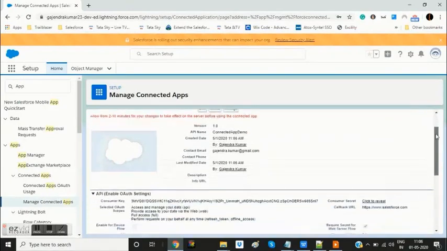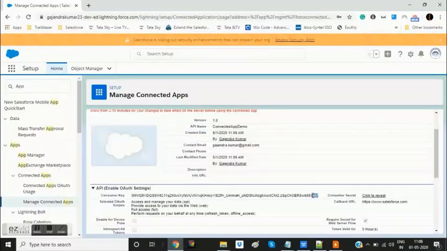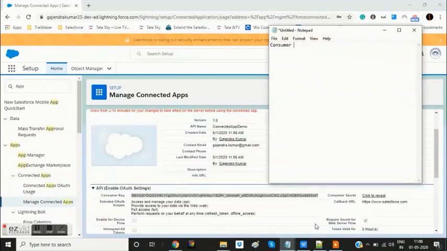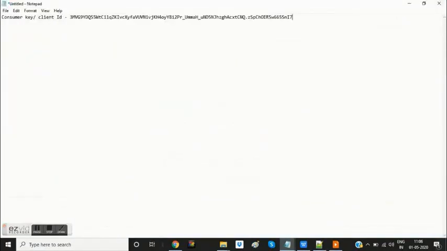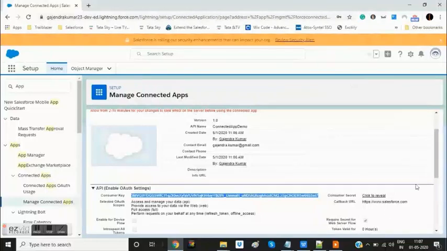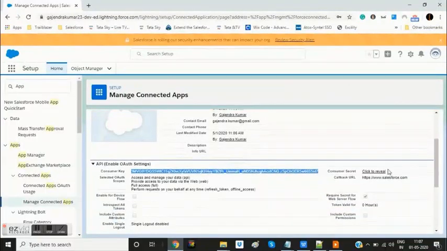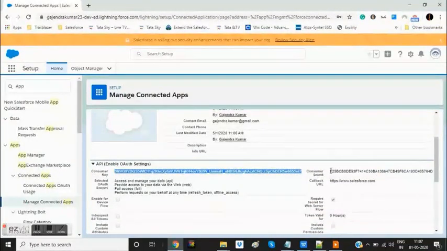Okay, or even before that, let us copy this consumer key, because we are going to need this later on. Consumer key or client ID, this is going to be this, and then we have to click on consumer secret and we have to copy this as well.